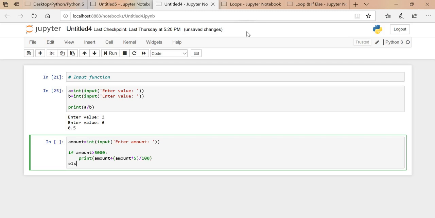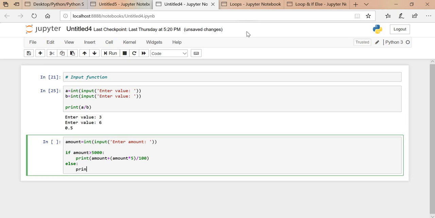Okay, else if amount is less than 5,000, then print amount plus 2% interest.